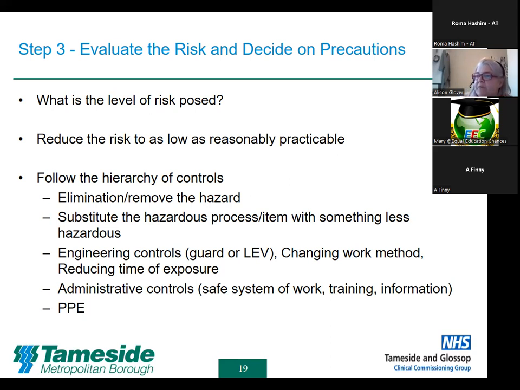The next step could be engineering controls. And that would be, particularly in the case of machinery, for example, guards that are put in place, because you still need to use that piece of equipment. You can't substitute it with anything less hazardous. So what we can do is make that piece of equipment safer by putting in a guarding system on the equipment. Then you've got the next level of control, which would be administrative controls.